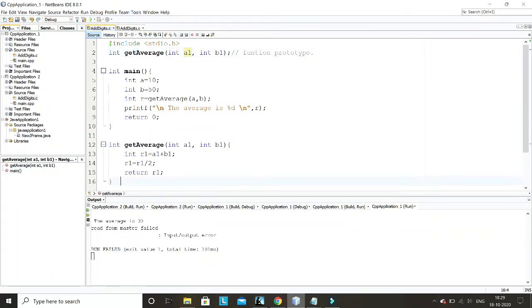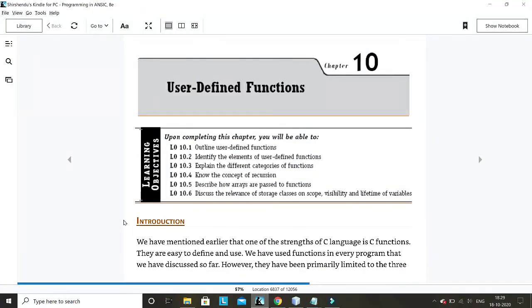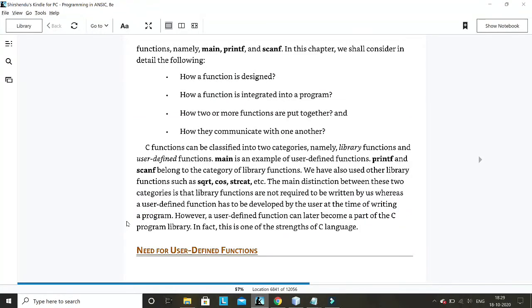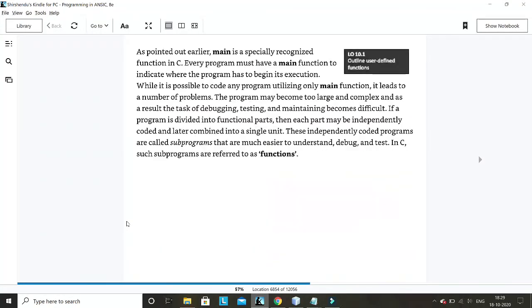So now let me go to the book and explain all the things. If you go here, it is written here why a function is required. If you read this part, you'll understand that exactly whatever I explained is written here. If you write a function, it will reduce your code because otherwise there would be too lengthy a code. Also, another advantage is that other people can easily understand your code. Also, it is easy to debug, and any other part is easy to handle in your code. That's why function is very important.